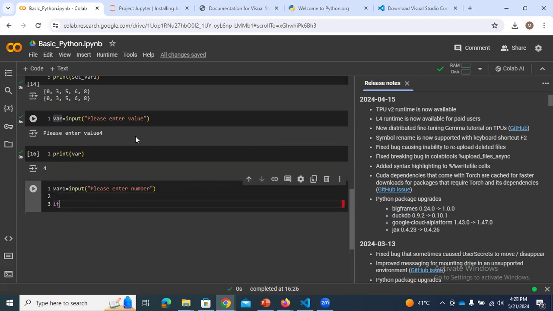And I will declare an if statement and say if variable is greater than 0, then print positive number, and else